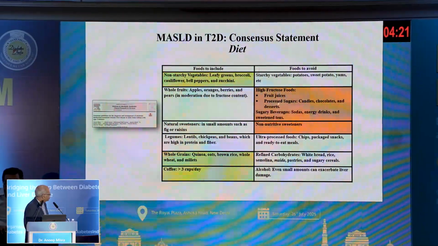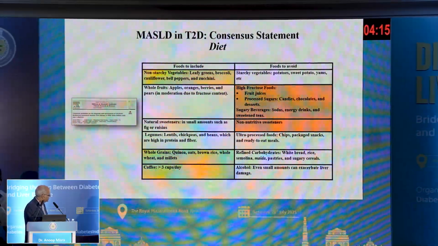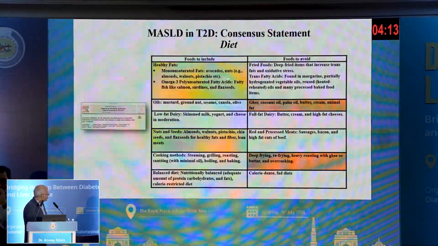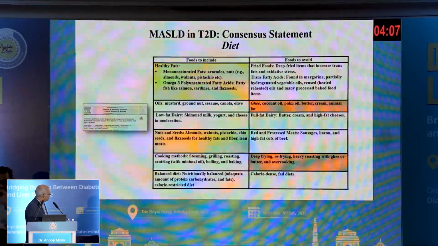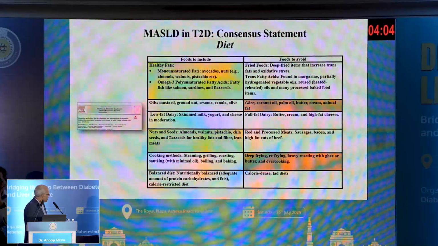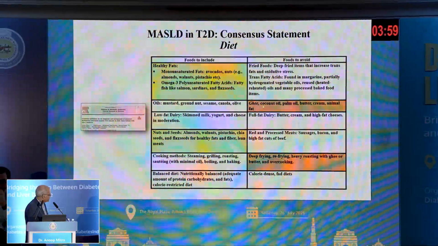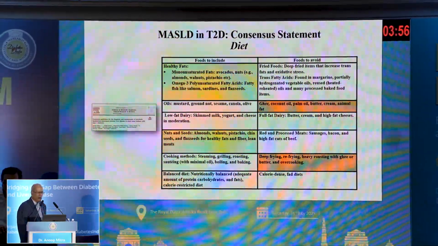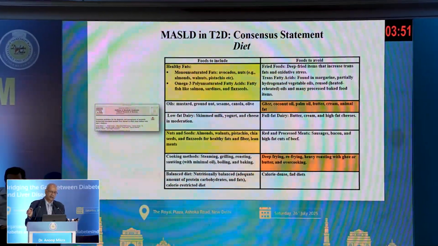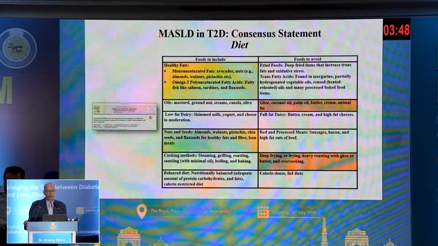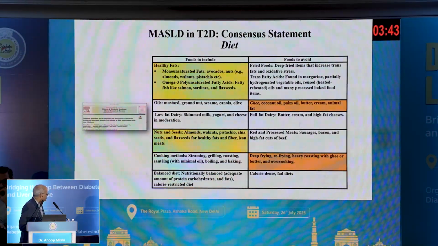And what is bad is high fructose food, fruit juices, processed sugar, non-nutritive sweeteners, and so on. And similarly, monounsaturated fat, omega-3 are good. So monounsaturated fat: avocado, nuts, almonds, walnuts, pistachios, and seeds, etc. Deep frying is bad. Ghee, coconut oil, palm oil, butter, all saturated fat oil will get deposited in the liver. So simple sugars and saturated fat are something which our livers will not be tolerant of. Our livers are anyway bad, so they will not be able to tolerate them.